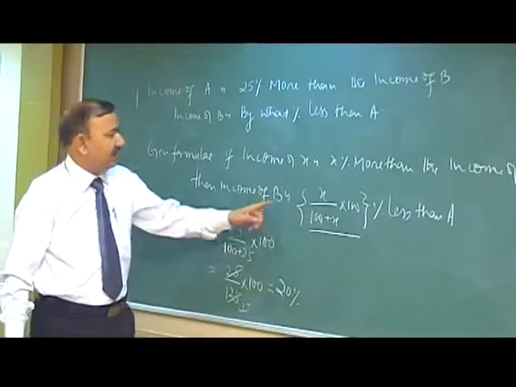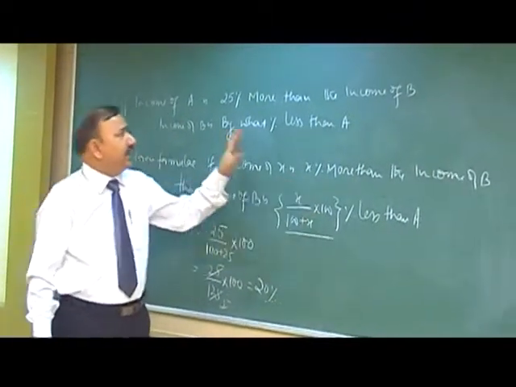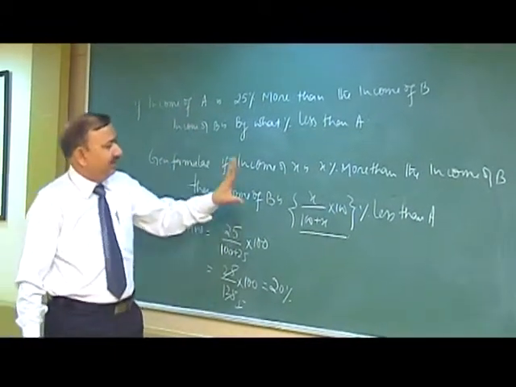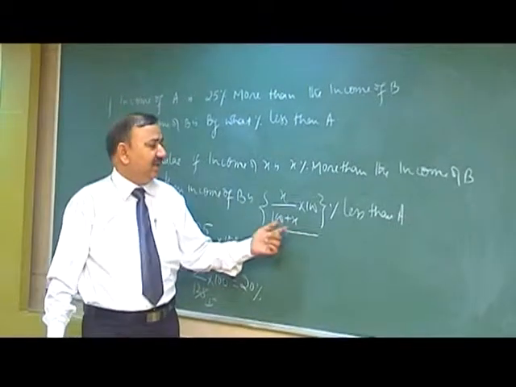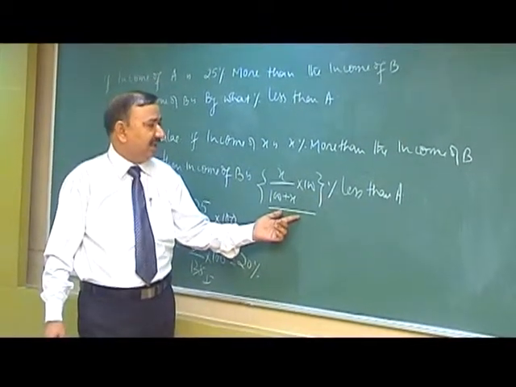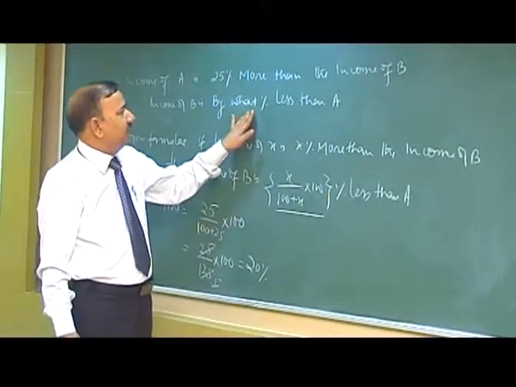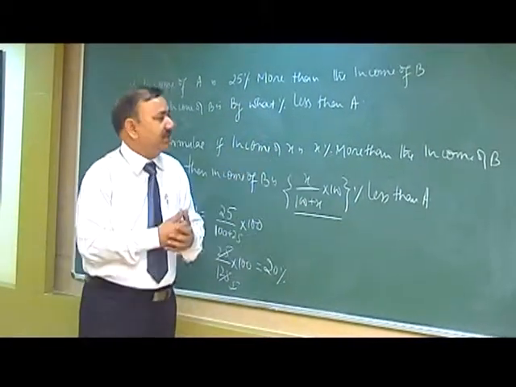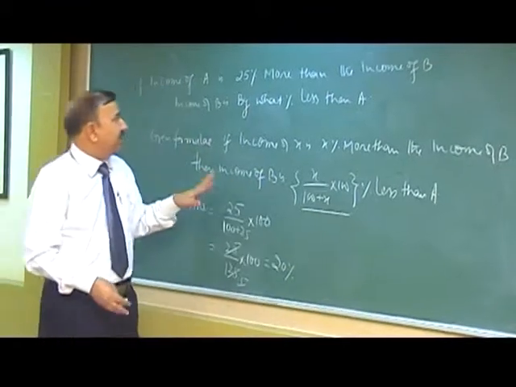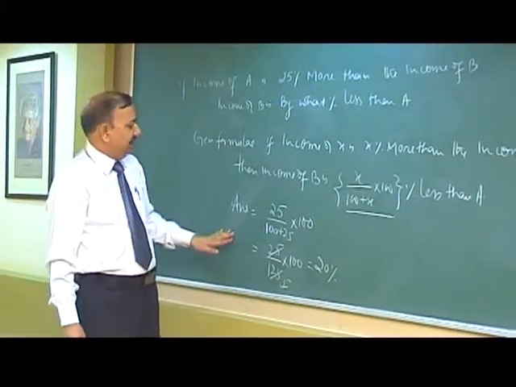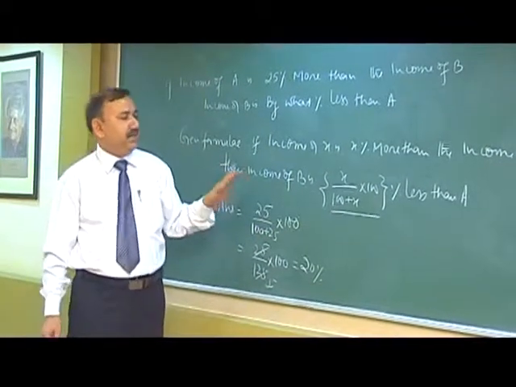X upon 100 plus X into 100. So that is useful in many ways. Okay, so that is the way we have developed such a technique. This is the quickest method to do the calculation of such problems. It can be used in profit and loss, and otherwise, if we apply the simple method, it takes a very long time. So this is the technique used to find the solution of this question.